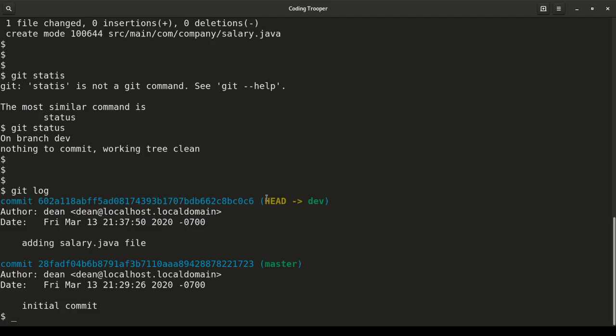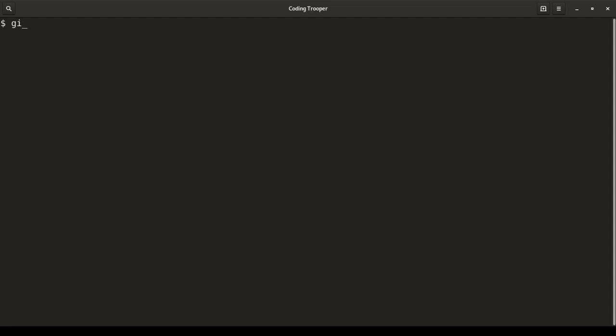So as we can see here, head is pointing right now to dev, because it's like building a tower. So now the pointer is getting higher and higher on the second level that we added to our new tower. So the head is pointing to the most recent thing that has been done, the most recent block or level that we added to our building, and it is right now dev. So let's take a look back